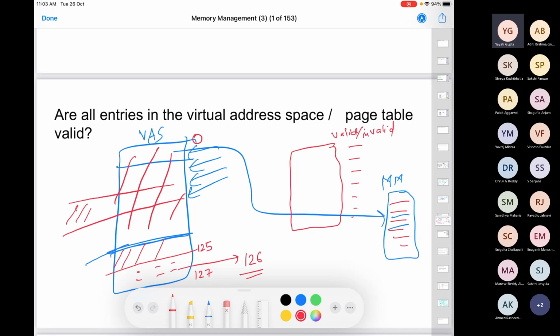But why will that happen? Which will be these pages which will not be mapped anywhere in the main memory? So one is definitely this portion of your last page. Other than that, can you think of some other pages in your virtual address space which are not mapped anywhere in the physical memory? So the idea is certain addresses in this virtual address space which are not being used by the process. Remember the different segments which you have in a process. Is there some part in those segments which is not utilized by the process always?